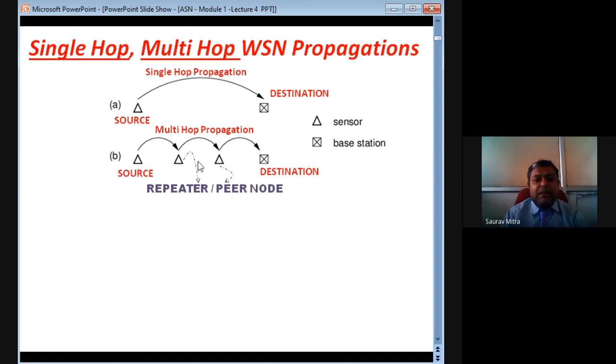So whenever you are doing multi-hop, I have to ensure that all these in-between nodes, all these peer nodes, repeater, router nodes, are active. If suppose this first peer node is dead, then even if we try to do multi-hop propagation, it will not happen. So this is a collaborative kind of signal sensing and transmission, and at the same time the source senses